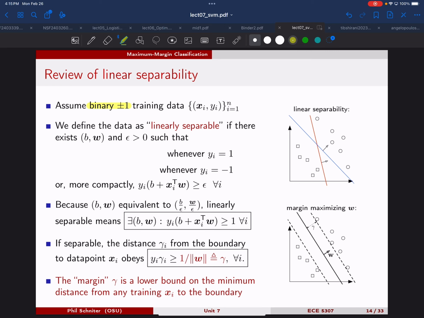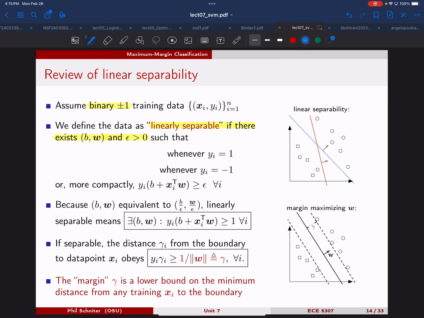And we are going to start out by saying that this data set is linearly separable if there exists some B and W, and remember the B and W together give you that boundary, and some small positive number epsilon,